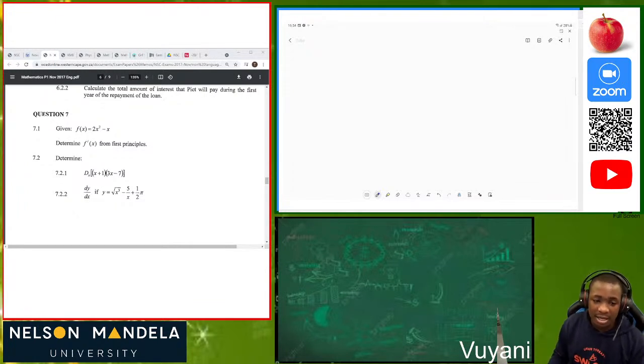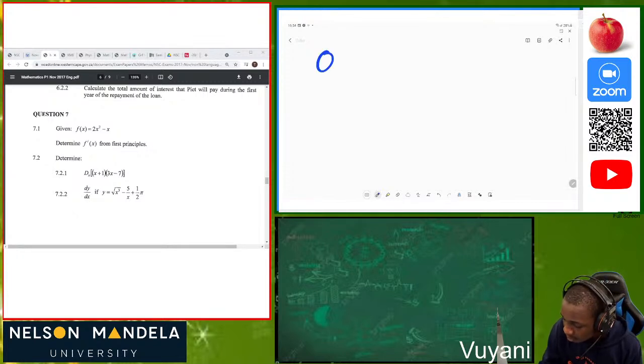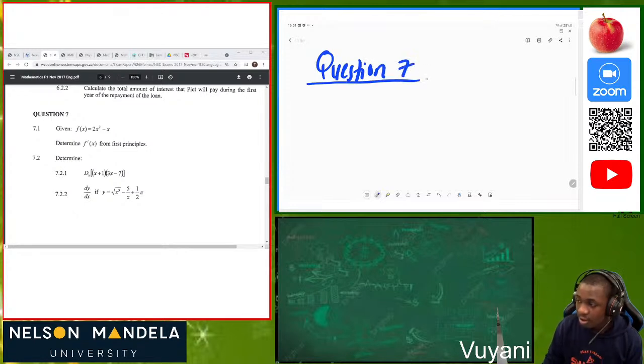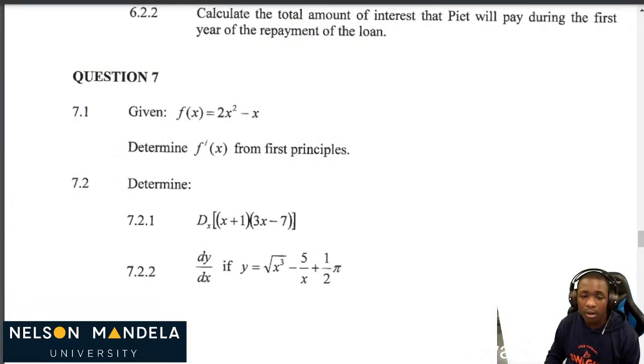Now, let's start with question 7 for today. Please don't hesitate to ask. Calculus is the beautiful part of paper 1. Actually, paper 1 is the nicest paper ever. Everything revolves around x. Okay, let's start on question